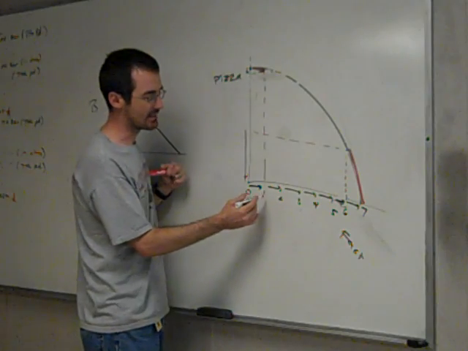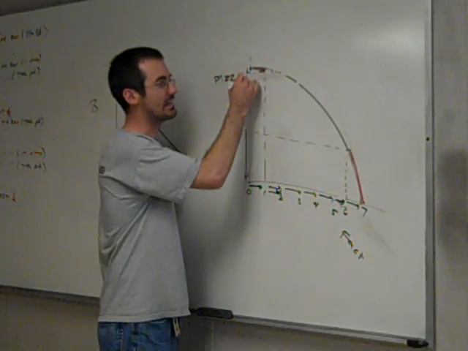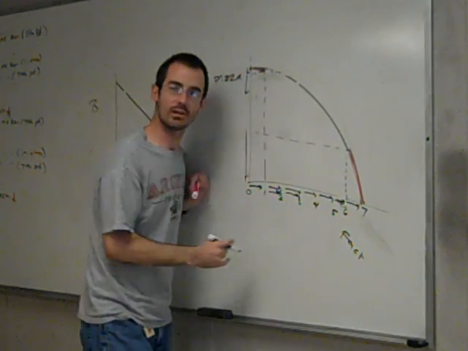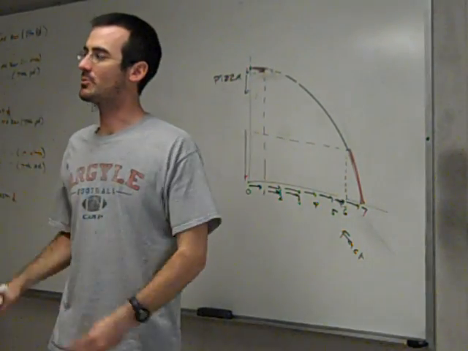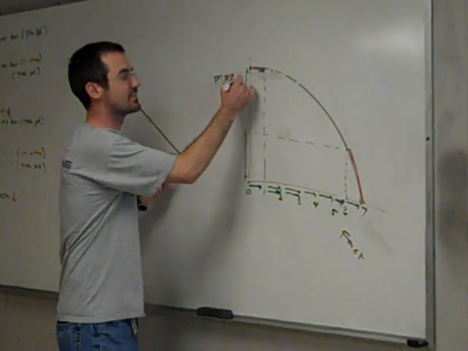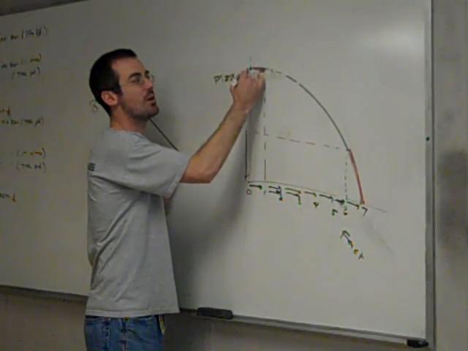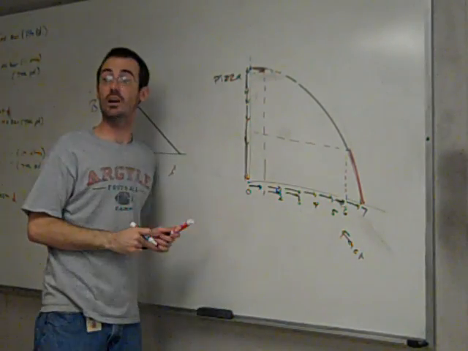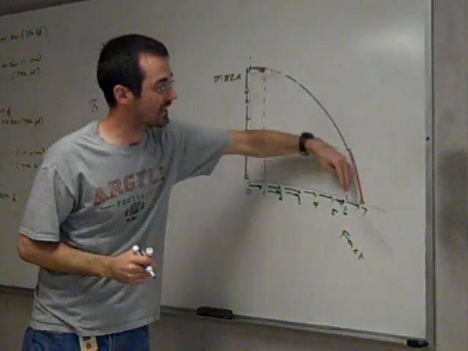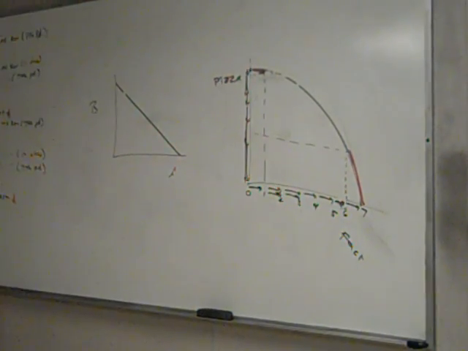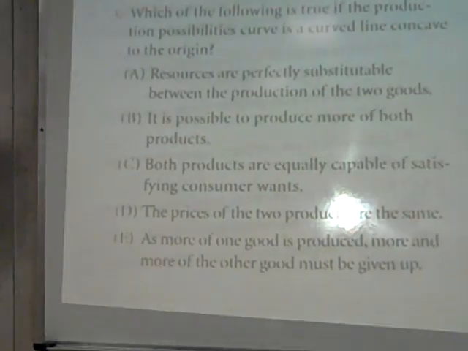What do we call this idea that to gain a factory, we've got to give up some pizzas? And to gain a factory, we've got to give up even more. And what do we call this idea that to build a factory, we've got to give up some of our next best alternative? Opportunity cost. And if it starts out small and gets bigger and bigger and bigger, this is increasing opportunity cost. So concave to the origin means that the slope gets steeper, and you have what's called the law of increasing opportunity cost, because resources have different abilities.